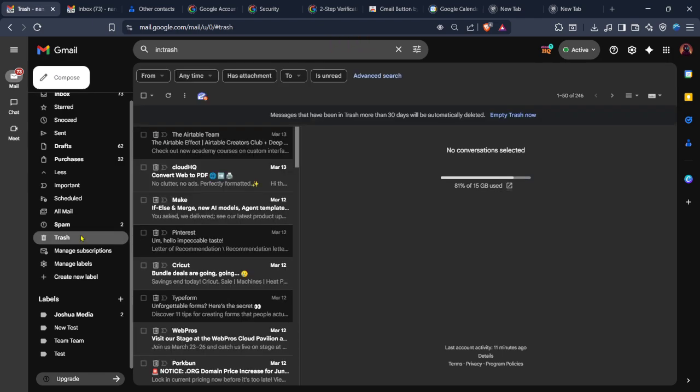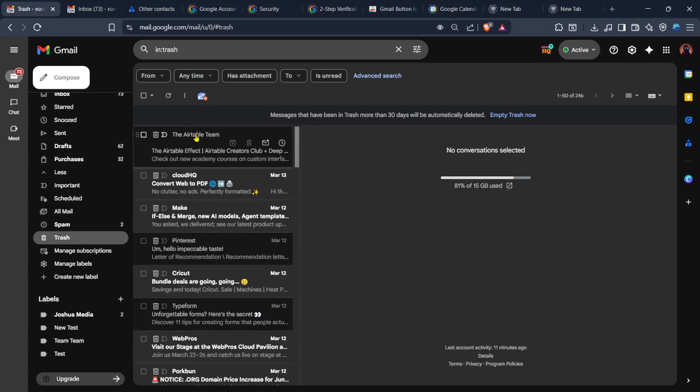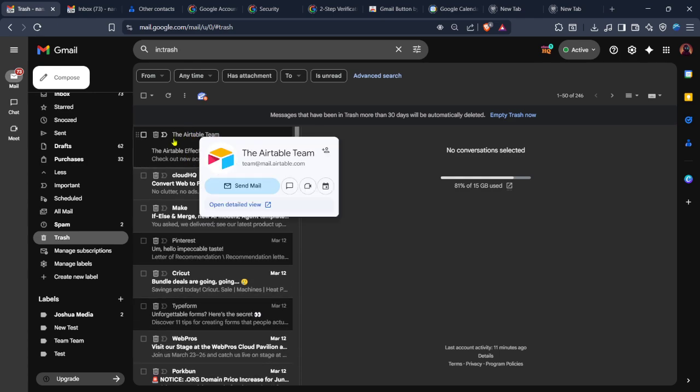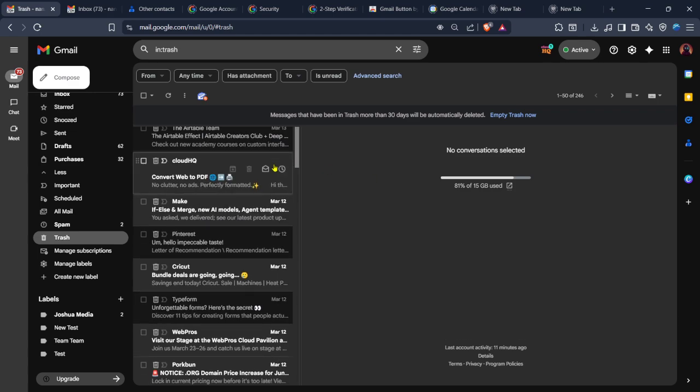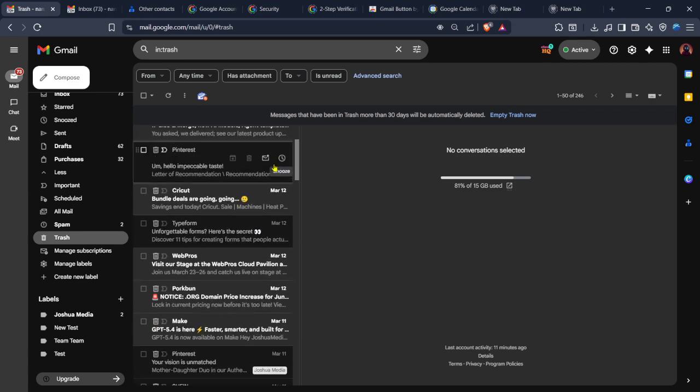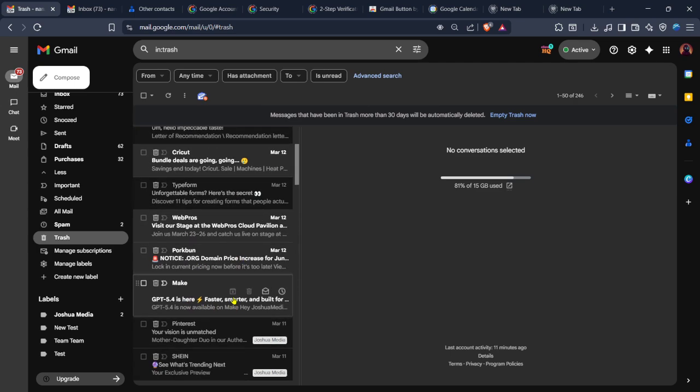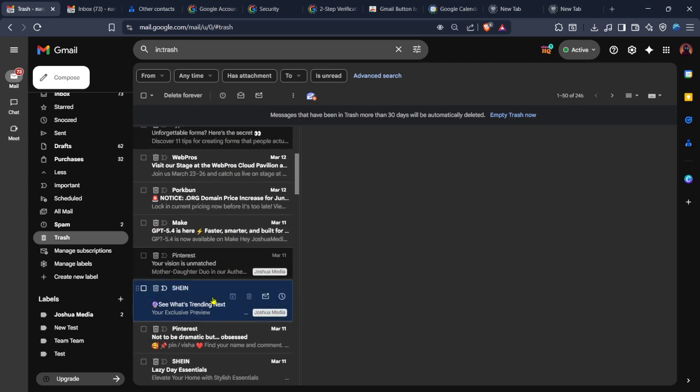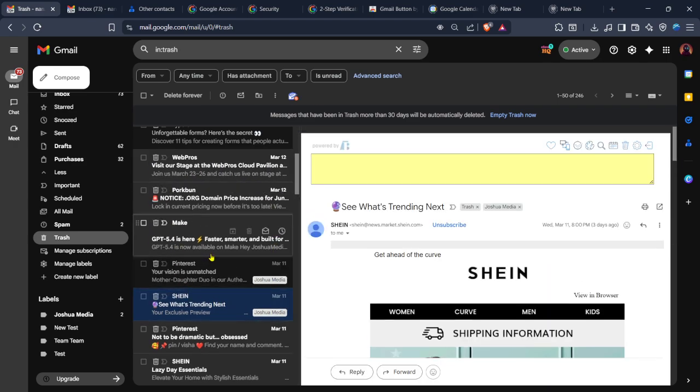When I click Trash, Gmail switches the view from the inbox to the Trash folder where deleted emails are stored. At this point the screen updates and now I'm looking at the Trash section. Inside this folder, Gmail shows all the emails that have been deleted from the inbox. These messages stay here temporarily before they are permanently removed, which means this is the place you can check if